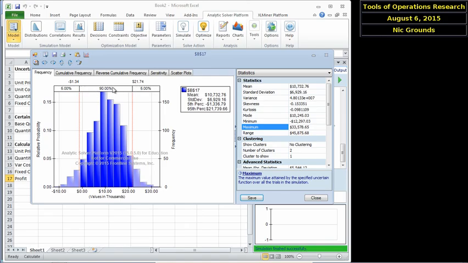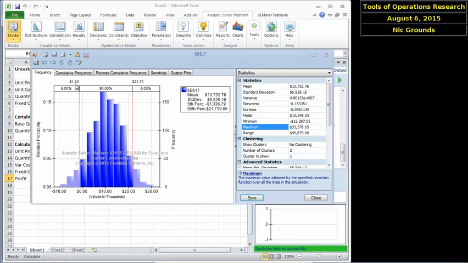Okay. We could also use the chart over here with its various percentages and things to ask about probabilities. So we might be curious, what's in the 95% case, right? What's our expected profit? And you can look at that in two different ways. One would be to say, with 95% certainty, what profit will we make at the lowest end? That is, there's only a 5% chance of making less than that, 95% chance of making more than that. And in that case, the answer would be negative